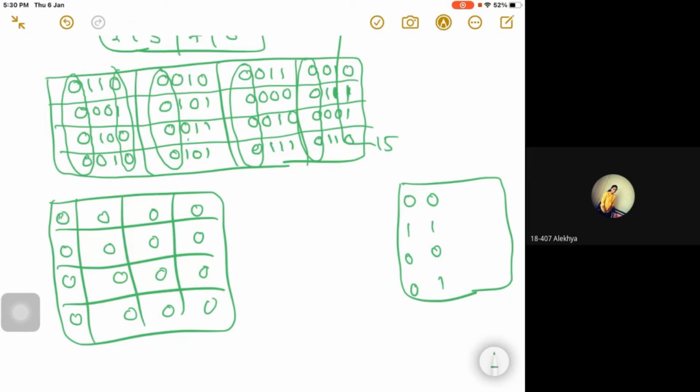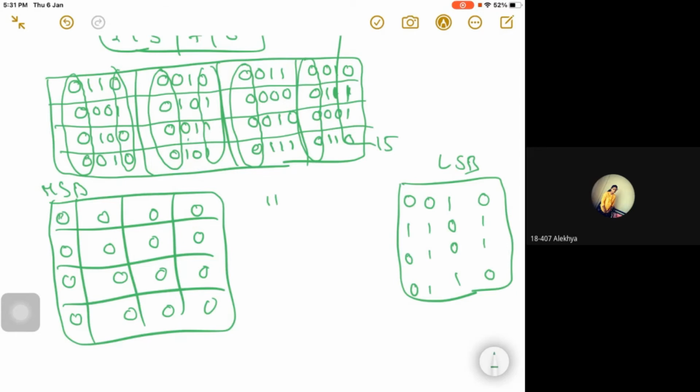Let me check, the second one we have not taken correctly. Rightmost bit, yes, rightmost. For the second, it is 0, 1, 1, 1. Next, for the third, 1, 0, 0, 1. Next in the fourth, 0, 1, 1, 0. This is LSB, this is MSB. Then what about the middle? There are 2 bits left, so let us take the 2 bits as they are. That is 1, 1, 0, 0, 1, 0, 0, 1.